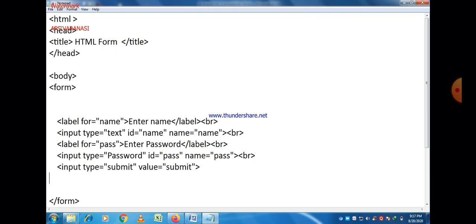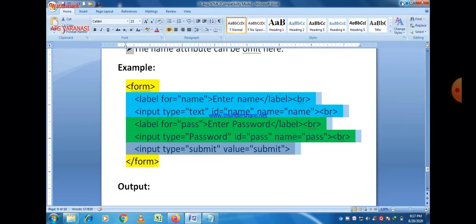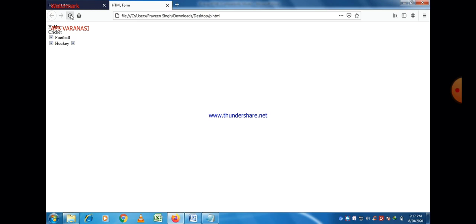You can easily see the output. So this will create a simple form with a submit button.